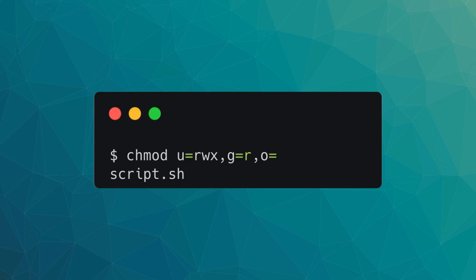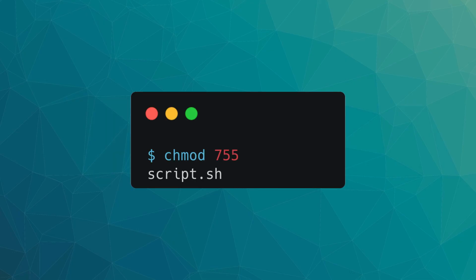A slightly more complex example, this command grants the owner read, write, and execute permissions, assigns read-only access to the group, and removes all permissions from others by omitting a specific type after the operator. As shown here, chmod accepts multiple comma-separated expressions for greater specificity. In numeric mode, an octal value is provided as the first argument to the command. The following command assigns read, write, and execute to the user, and read and execute to the group and all